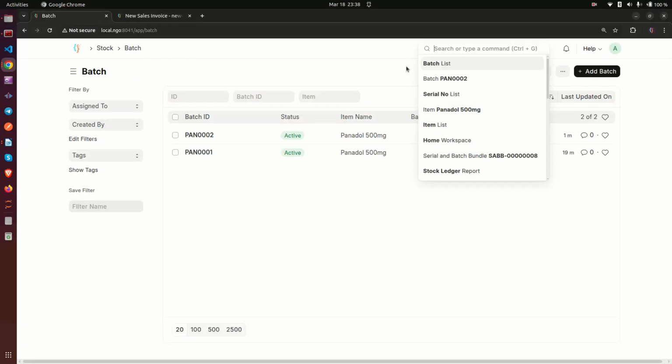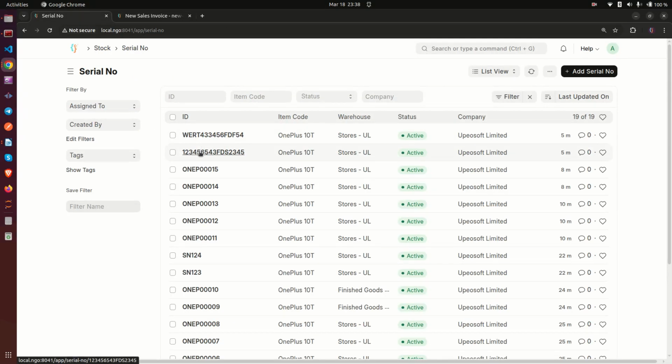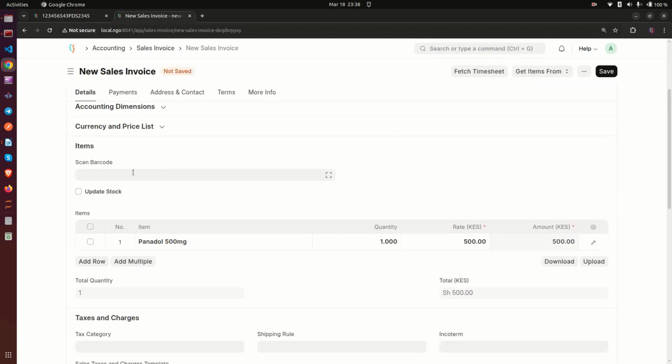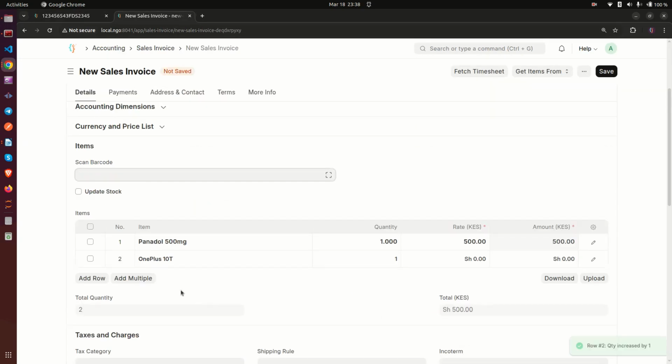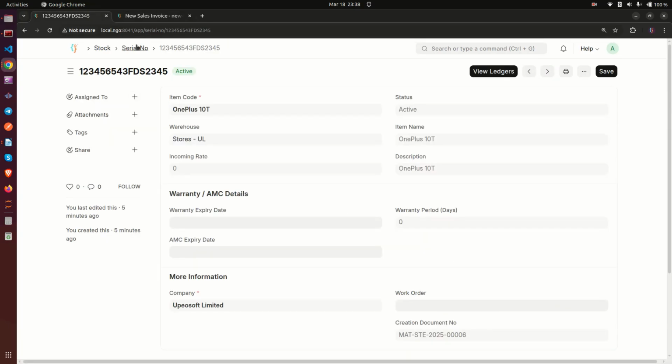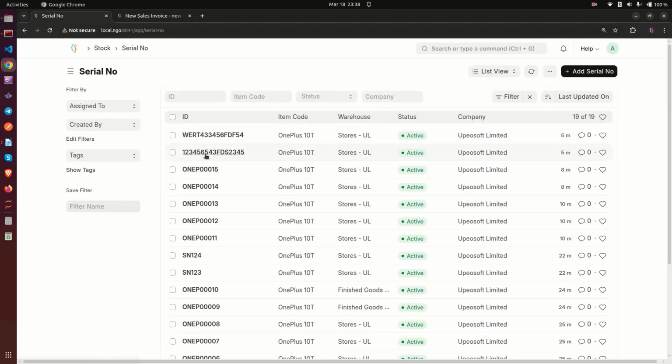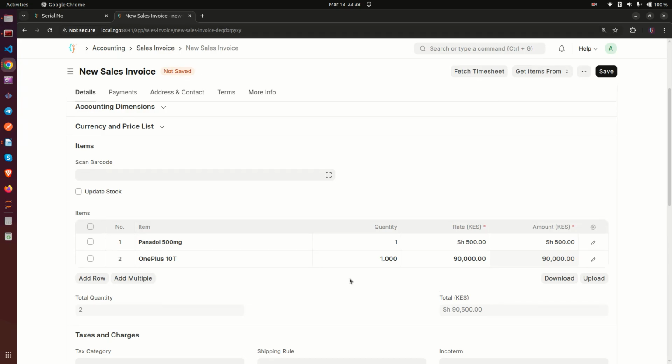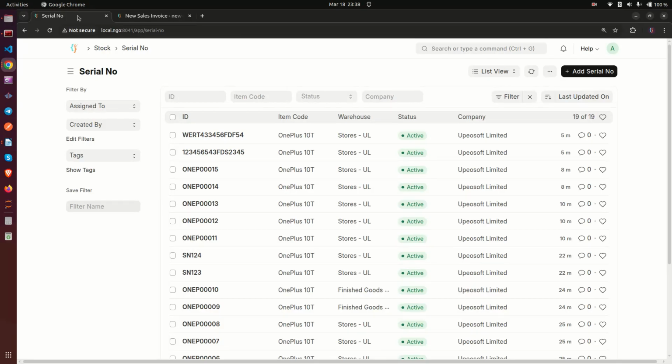Now the other thing that we had is serial. So if again we go to serial number and we pick the serial number we had, and we come and put the serial number here, it's picking our phone, you see, and that is going to pick the exact phone. It's not a guesswork, it's the exact. If you, for example, enter this serial number, it's not going to pick this, it will pick this specific one. So that is what is going to be happening, ladies and gentlemen, and that's how we use serial numbers and